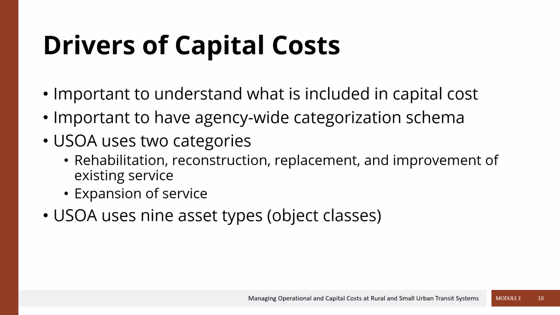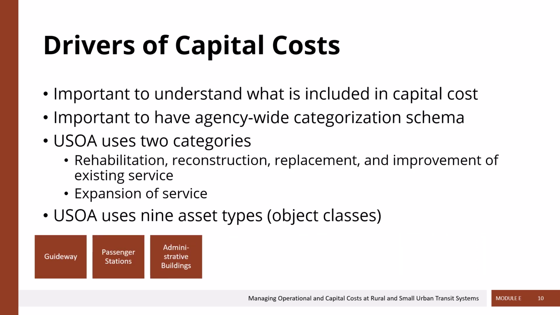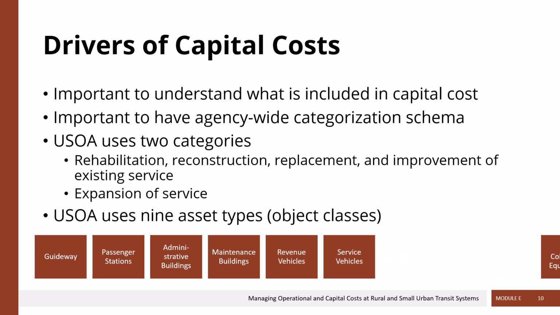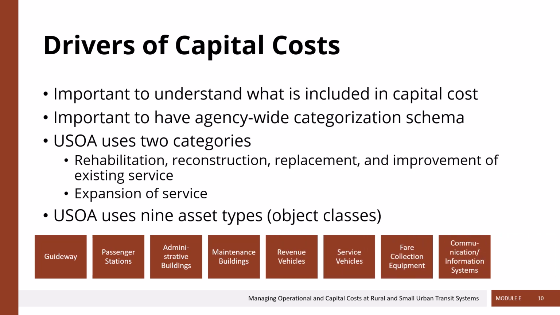The USOA also groups assets into 9 different types. If you're looking at the USOA, these will appear as object classes. And those are guideway, passenger stations, administrative buildings, maintenance buildings, revenue vehicles, service vehicles, fare collection equipment, communication and information systems, and basically everything else. Right, so the USOA provides this framework for us so we can think about how to categorize and organize our